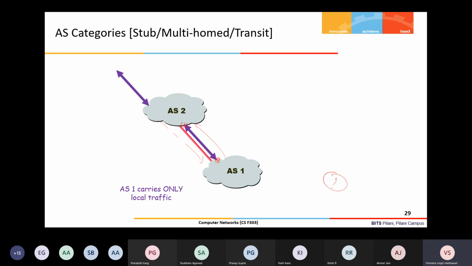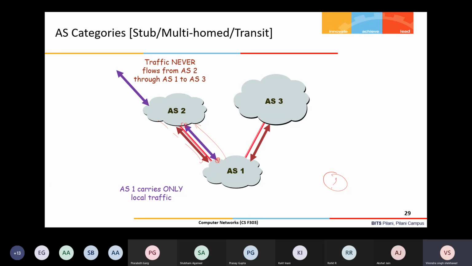But we are not forwarding any traffic which is received for some other destinations through the autonomous system, the other autonomous system to which we are connected, right? If we are not forwarding anything, we are just receiving the traffic for our own network and forwarding the outside traffic to the autonomous system through which we are connected, that's all, then we'll say this is a stub network. We are a stub network.